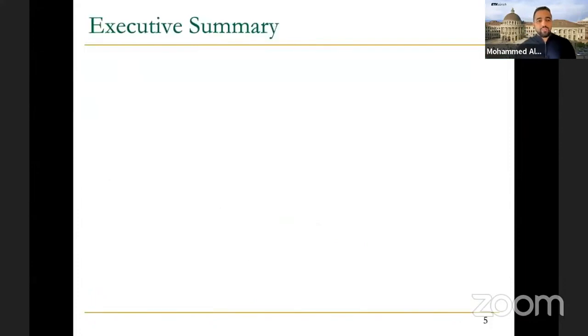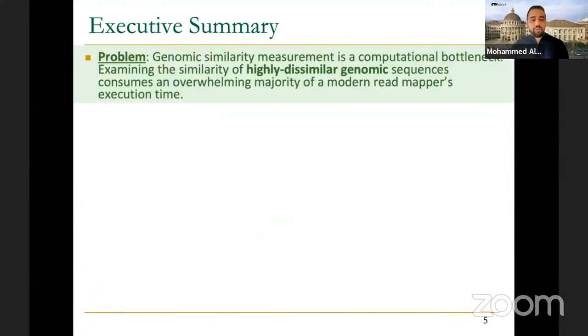Okay, so what is the executive summary? The problem is that genomic similarity measurement is a computational bottleneck, so it's really expensive. And we would like to solve this expensive problem. The challenge is that we cannot replace this expensive algorithm with something inexpensive, but rather we can reduce the number of times we use